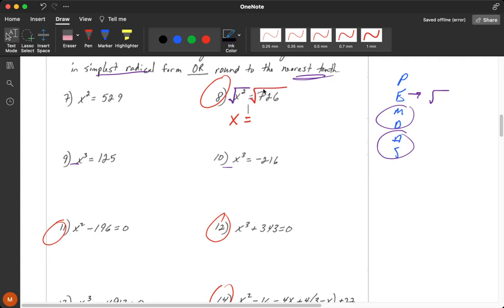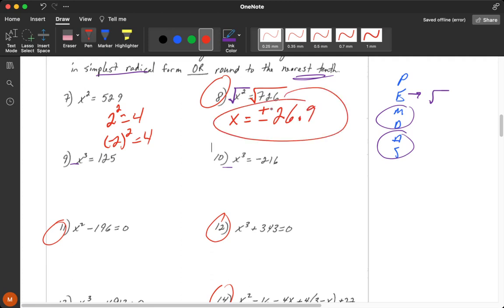Now, this is where you guys have to think a little bit. And this is, I think, one of the hardest parts of this test. 2 squared is equal to 4, but also negative 2 squared is equal to 4. So that means that when we're squaring a number, regardless of what sign it is, it's going to turn positive. So this is going to give me a plus or minus, and then you can just take the square root of 726, and that is